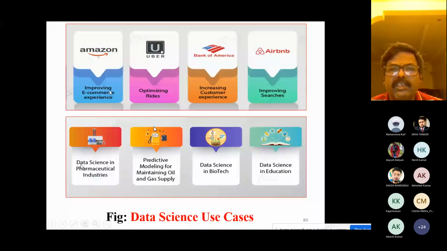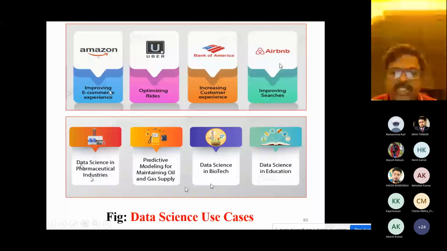Optimizing rides. Why is Bank of America using data science? Increasing customer experience. Why is Airbnb using it? Improving searches. Data science in pharmaceutical industries, predictive modeling for maintaining oil and gas supply, data science in biotechnology, data